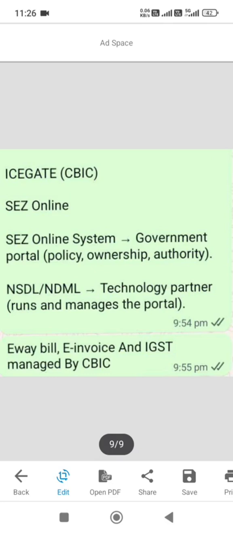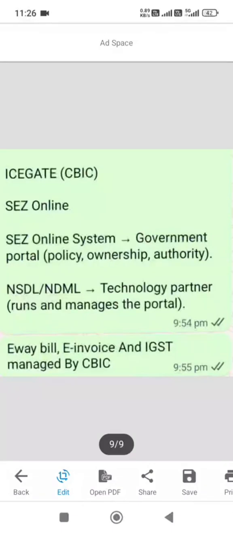So these two companies manage the SEZ Online system, but the SEZ Online system is totally owned by the Government of India. Okay, e-way bill, e-invoice and IGST are managed by CBIC, Central Board of Indirect Taxes. Okay, so this was all about portals. So I hope we have